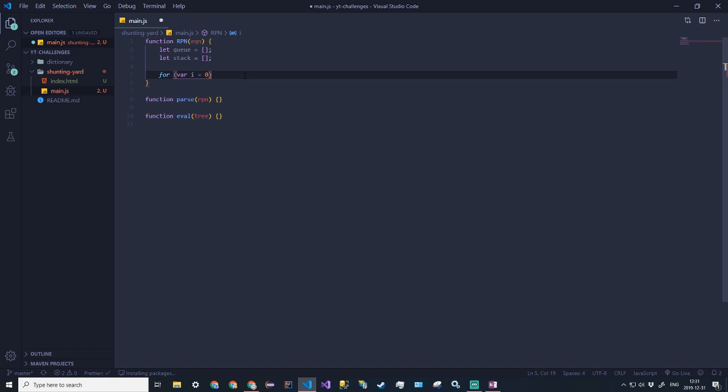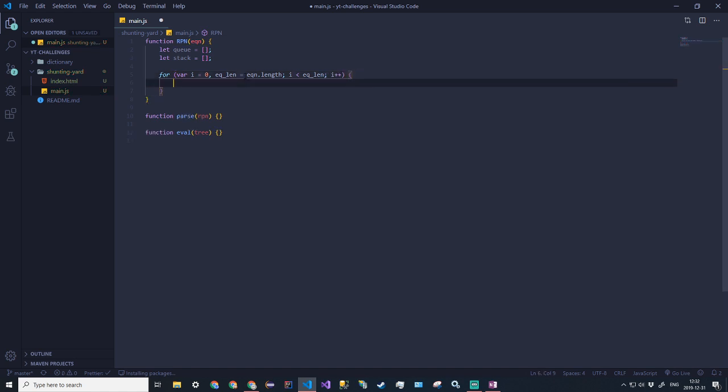We'll have to get the length of the equation, so eqlen is equal to eqn.length, i is less than eqlen, i++. So we'll just be going through each token. And to denote the token, we'll do let t for token is equal to eqn[i]. All right. So this will be good